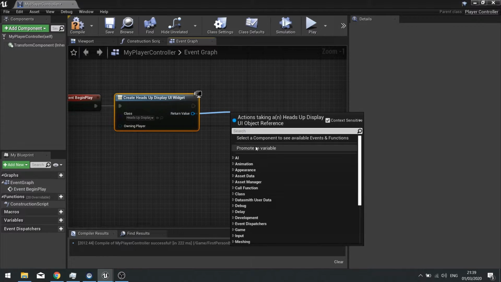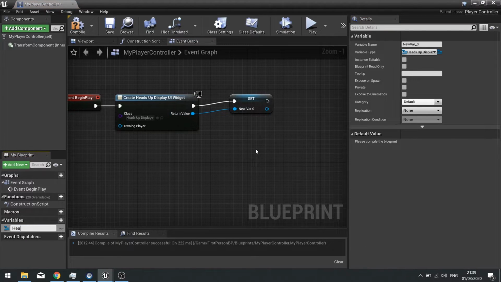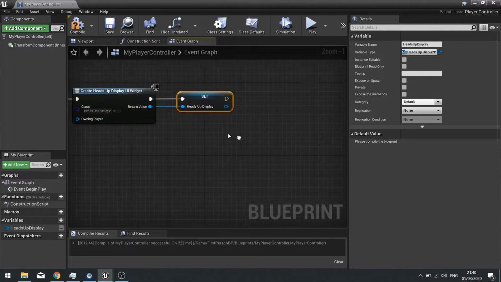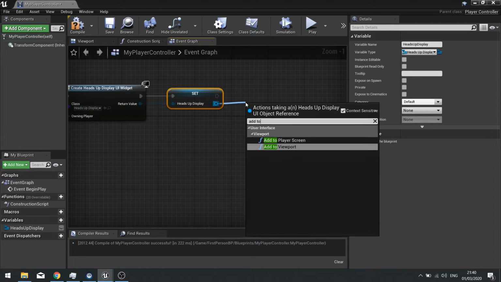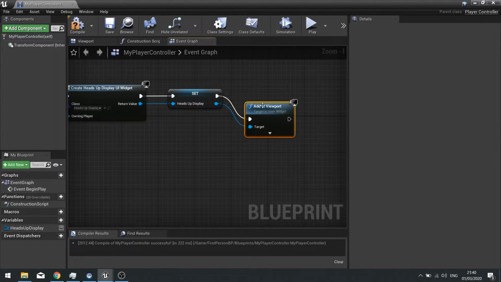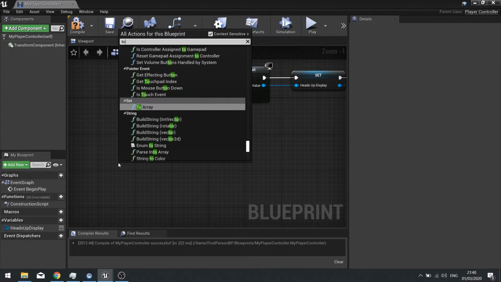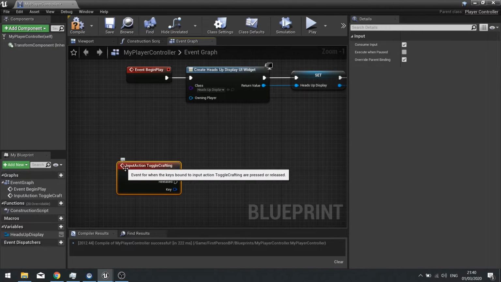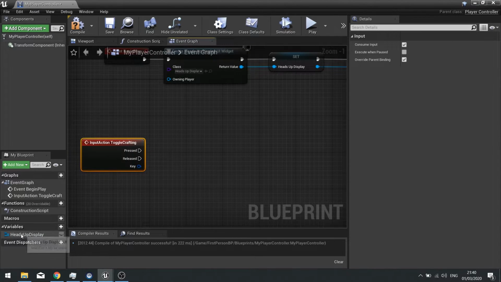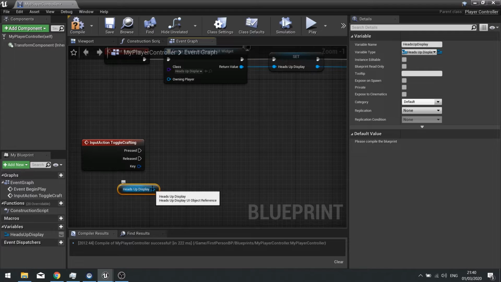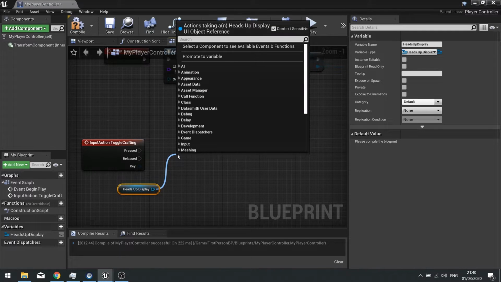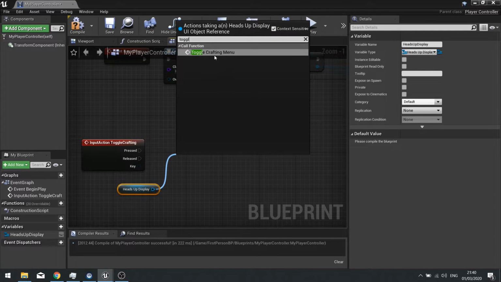We're going to take the return value and promote that to a variable, because we want to be able to access it later to change settings, such as toggling our menu, and then add that to the viewport. Then we're going to call that toggle crafting input action. We're going to drag our head-up display reference out, and then from there we can call the toggle crafting menu function,